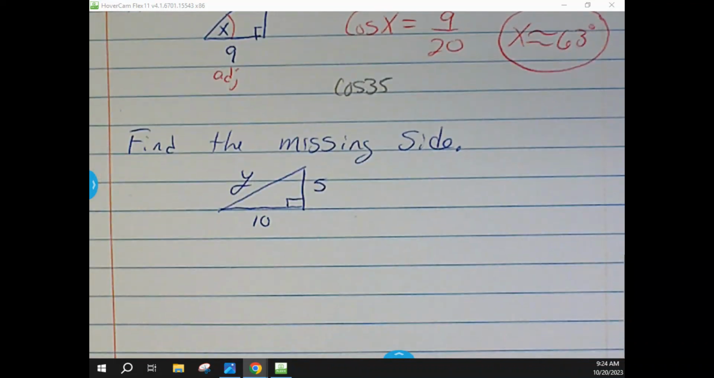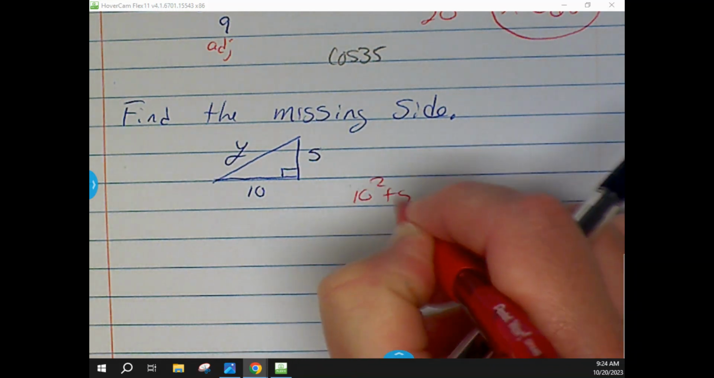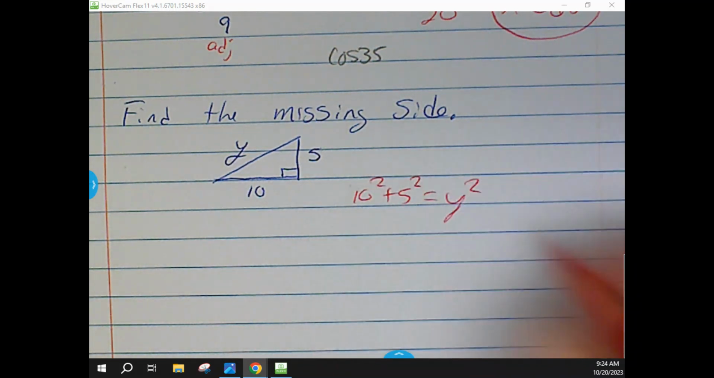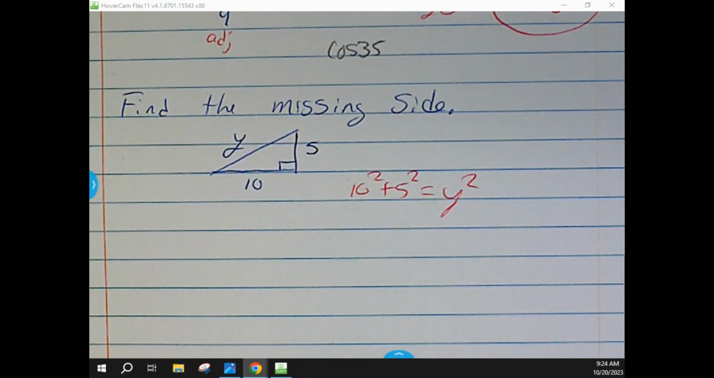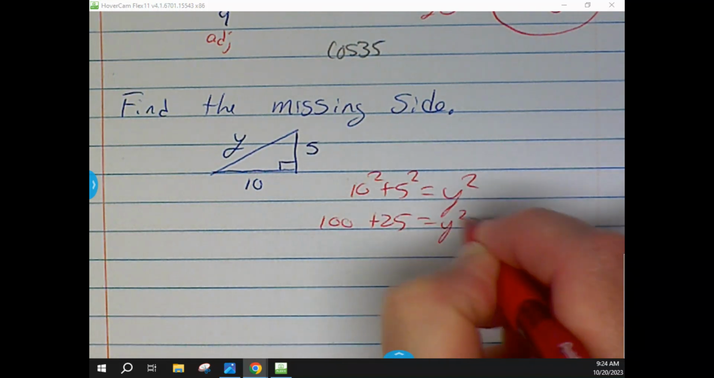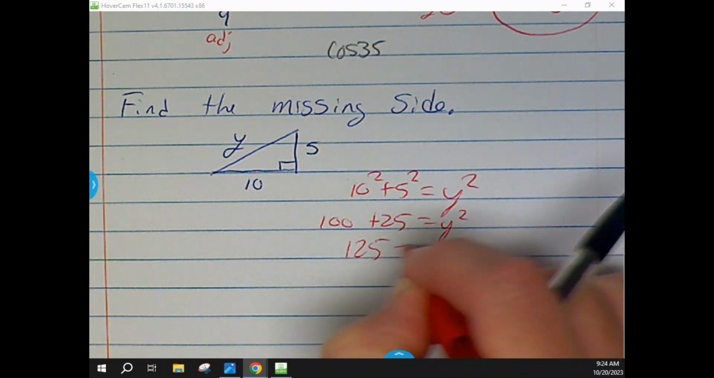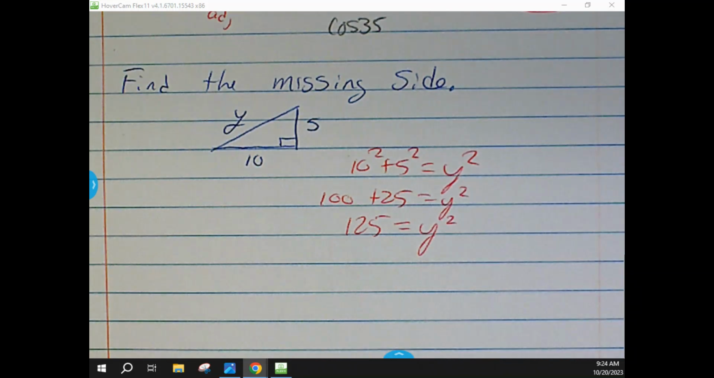Okay, so basically a Pythagorean theorem problem where we've got to find the missing side. All right, so again, there's your A and B values. So it's 10 squared plus 5 squared equals y squared. All right, so that's 100 plus 25 equals y squared. So 125 equals y squared. And when we square root it,